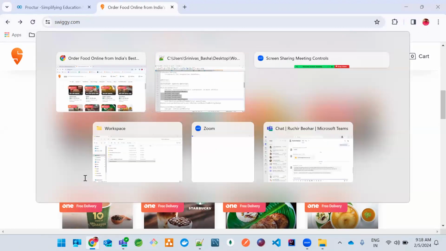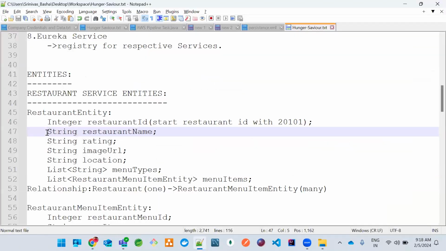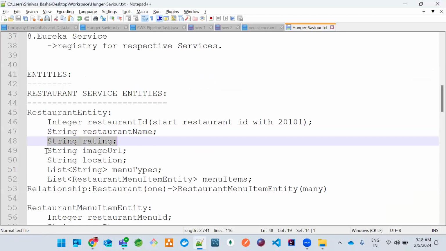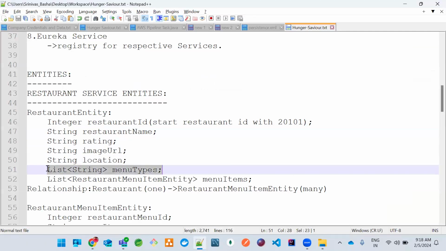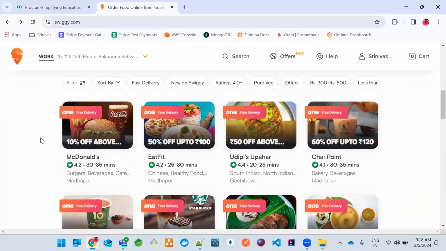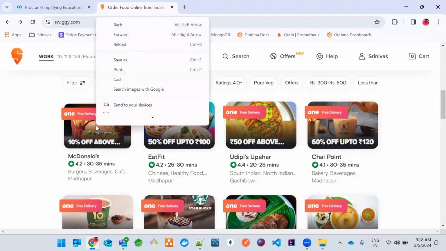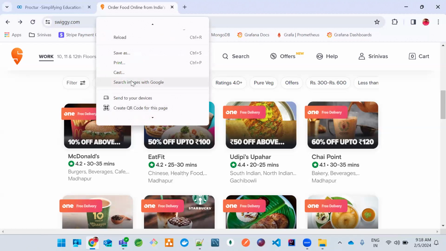If you can see, exactly I have taken the same names: restaurant name, then rating, image URL, location, and the menu types. See, it is exactly matching the same thing which is there in the Swiggy portal itself. So we have an image which is coming from this URL. If you just open this one,